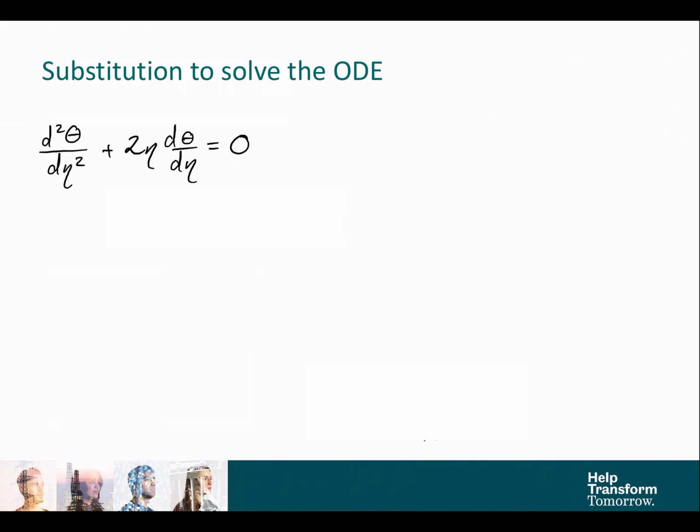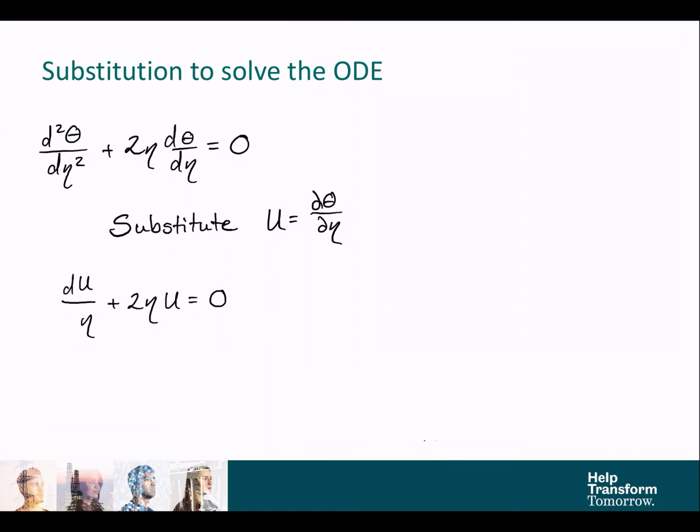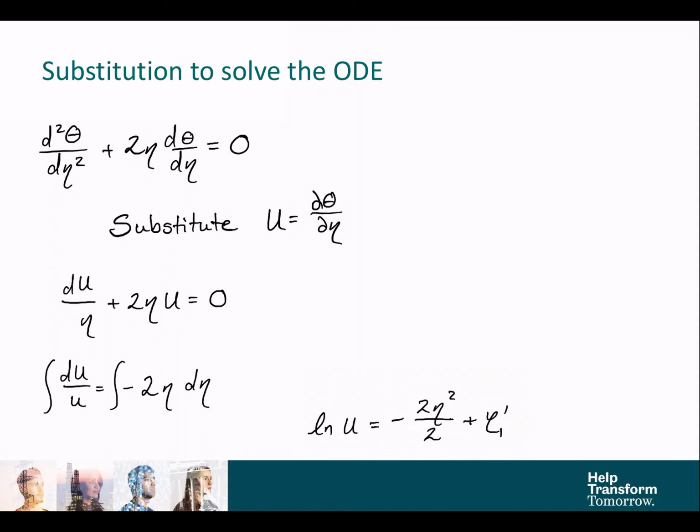And the fastest way is to make a substitution of u for the first derivative. And so if we substitute that into our governing equation, it collapses to a first order separable differential equation. And we pull the u's over to the left-hand side and all the etas over to the right-hand side. And integrating, we get an expression for the natural log of u in terms of eta squared and a constant of integration. And at this point, the 2's cancel top and bottom, and we're just left with a negative eta